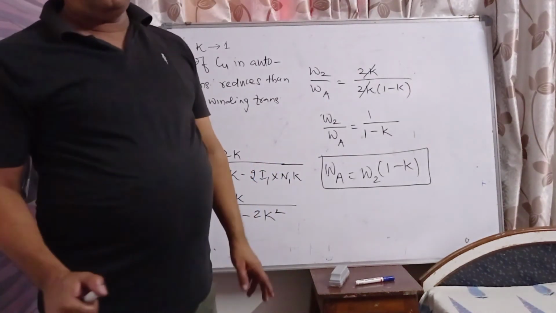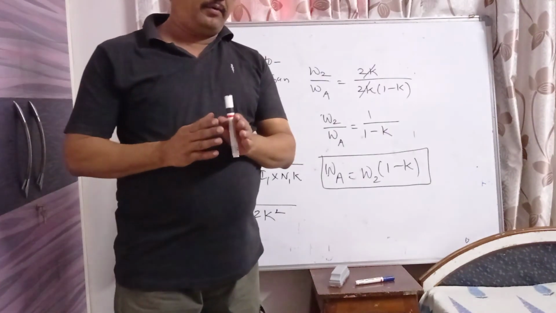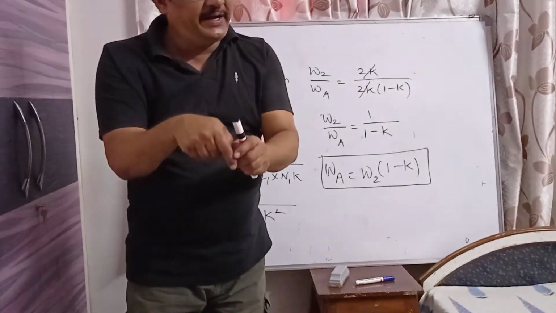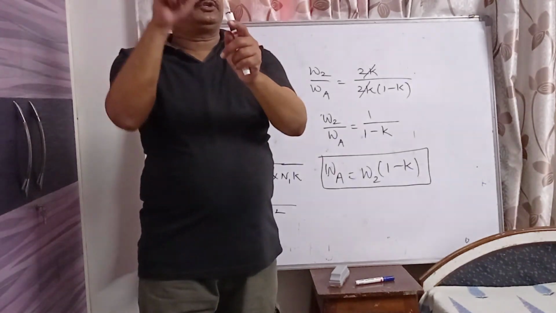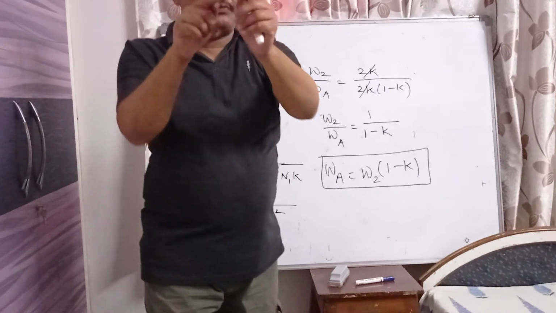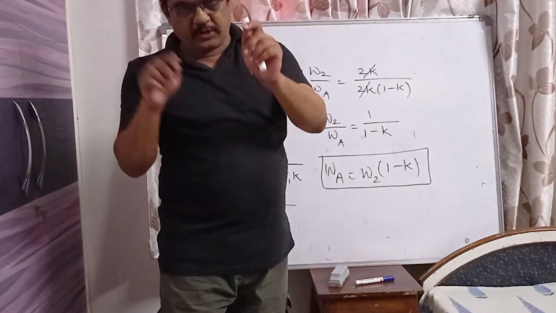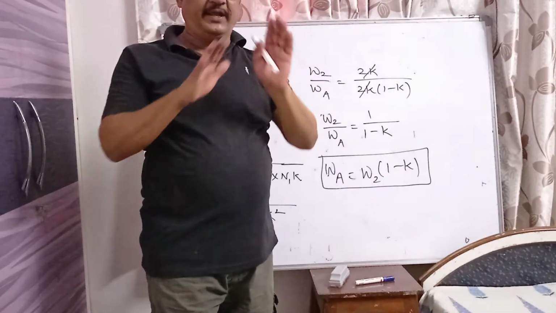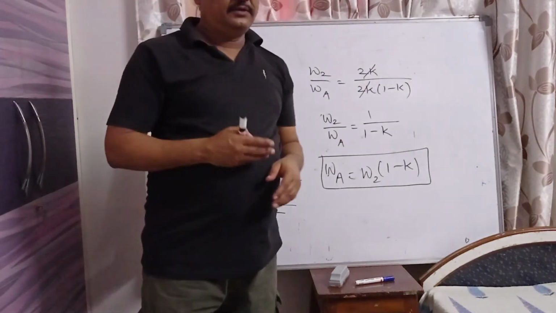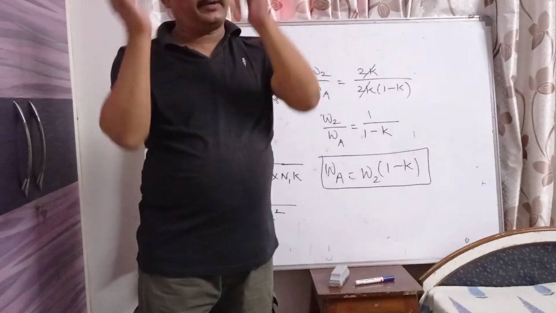Then weight of copper required is proportional to, winding is made up of copper. So current is flowing through the winding and there are a number of turns on the winding. So that current into number of turns is the weight of copper required. So weight of copper is proportional to the number of turns on the winding and current through that winding, N into I. So for two winding transformer, primary winding N1 I1, secondary winding N2 I2. So weight of copper for two winding transformer is N1 I1 plus N2 I2.